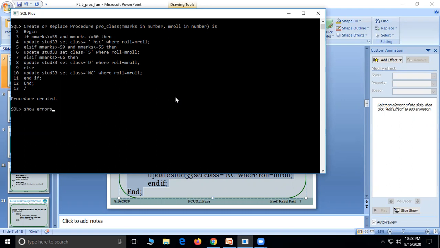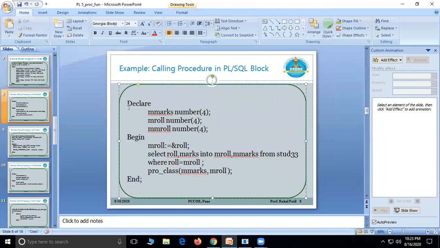Now there is no error, so it will not show anything. If you put show errors and a slash and enter, you can see the errors in the procedure. Now the procedure is created, which means this proclass procedure is stored in the memory of Oracle. Now, anytime you can write a PLSQL block to call that procedure.